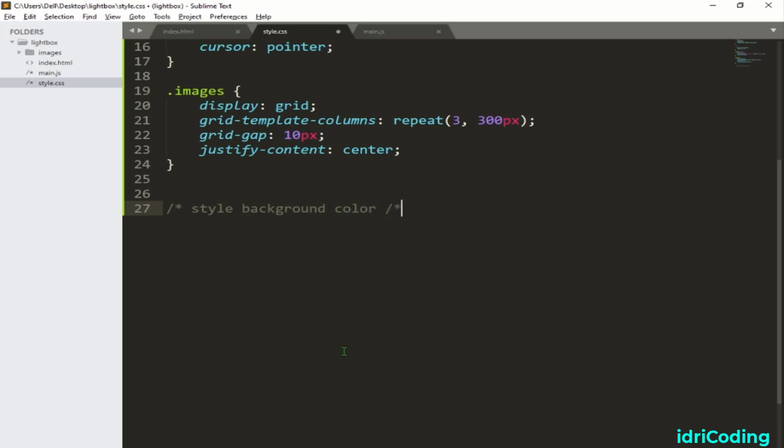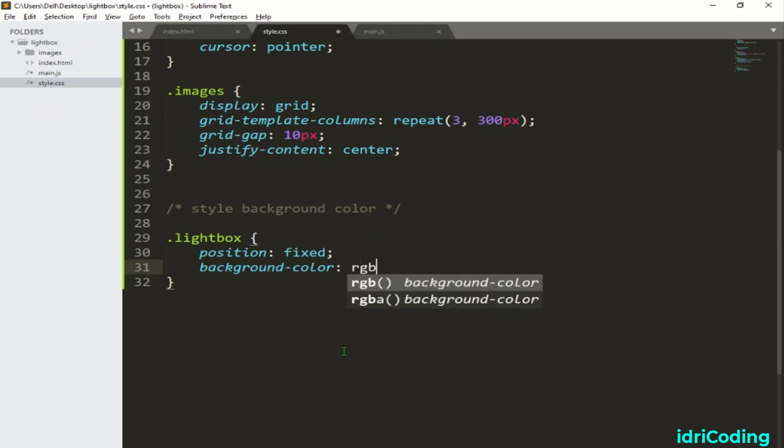You could call it anything you want. Alright, that light box, inside of this light box, what I'm going to do is make its position fixed. So position, I fix the position, and also I want the background color to be a little bit darker,